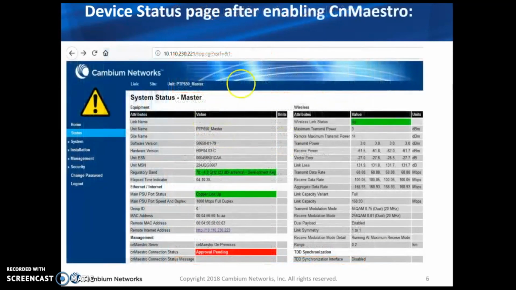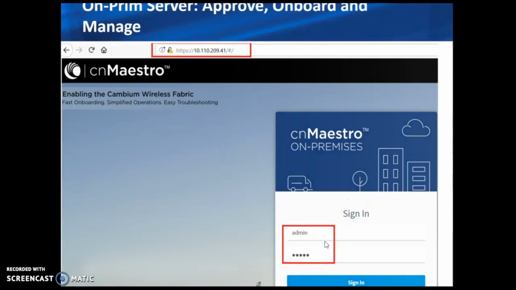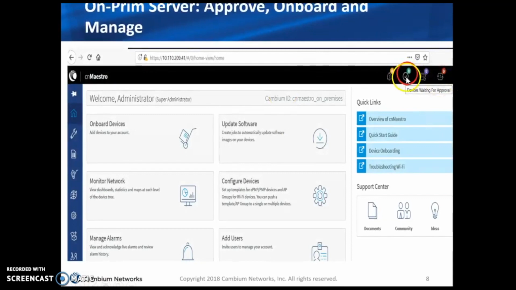Once the device is up, check the status page where it shows management as on-premise server, and connection status shows approval pending. That means the credentials we have keyed in are valid, and it will try to contact the cnMaestro on-premise server. Let's log into the cnMaestro on-premise server. This is the cnMaestro on-premise server I'm using in this example; key in the credentials and log into the on-premise server. You can see a tick mark here, and once you click this, it will take you to the onboarding